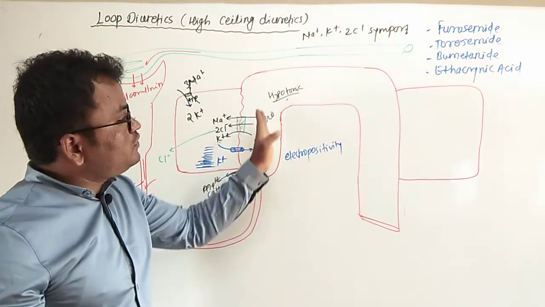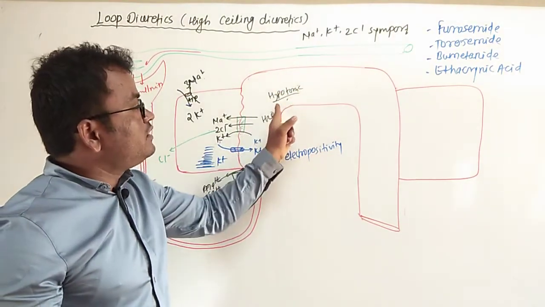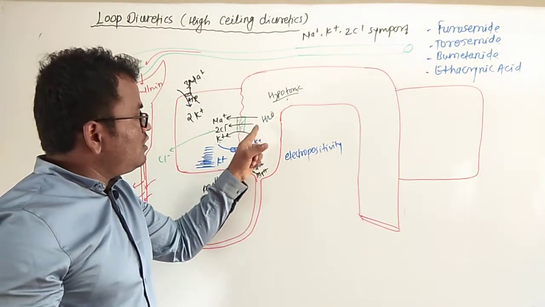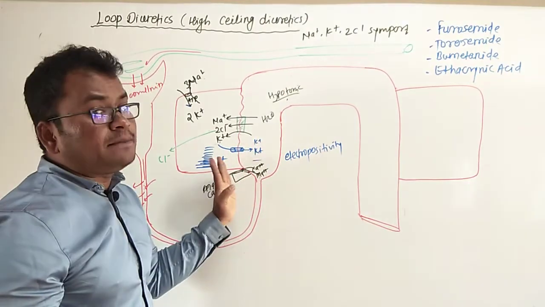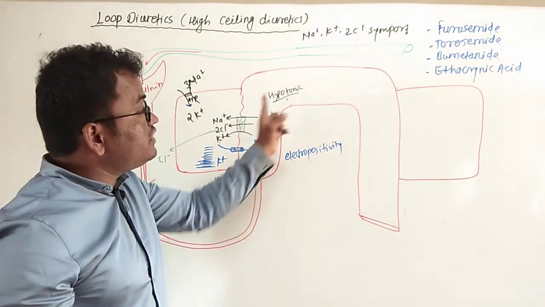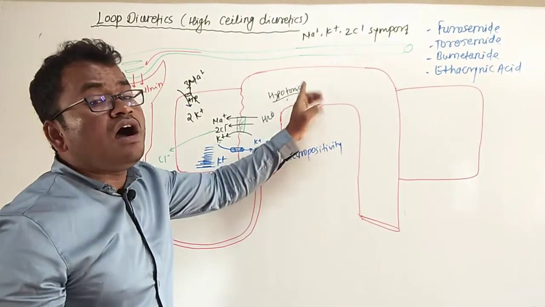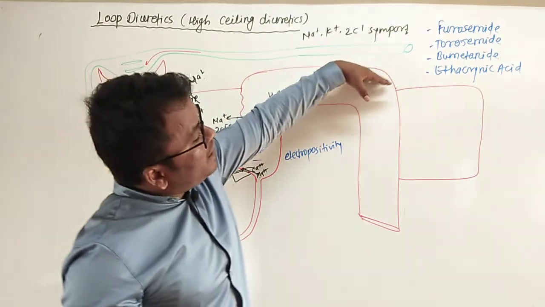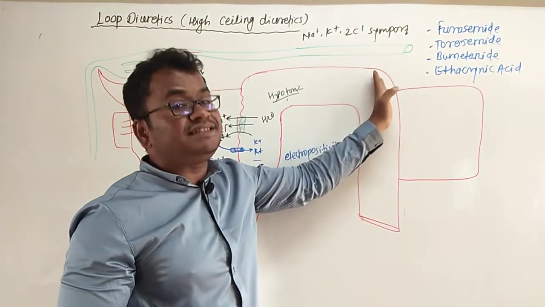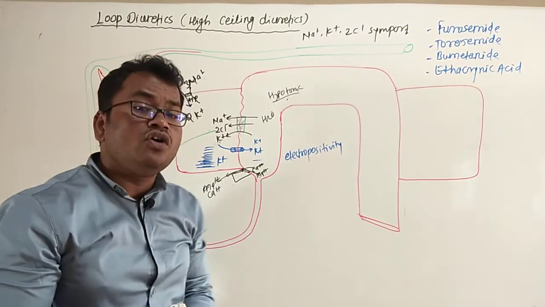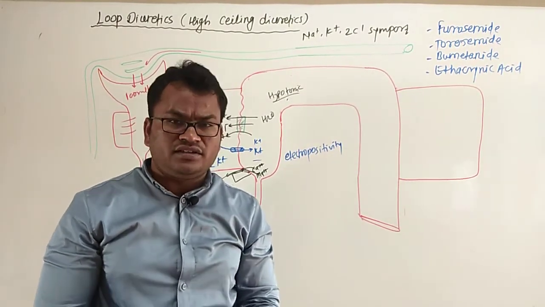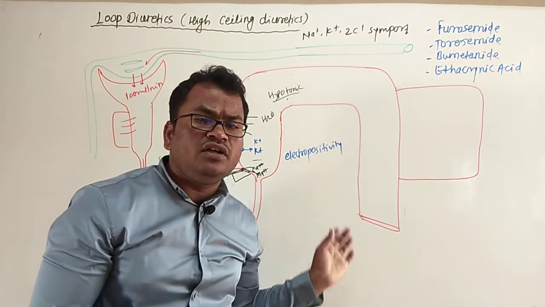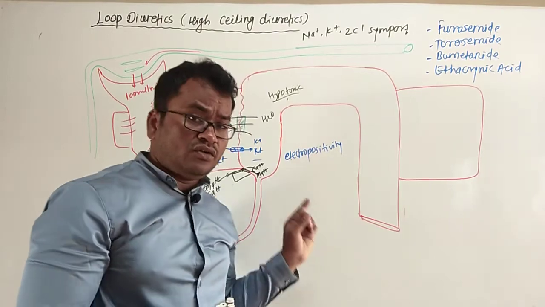Next, in this part of the nephron the filtrate is hypotonic, because maximum water and maximum electrolytes are reabsorbed, that is, salts are reabsorbed and only solvent is present in this part. Hence the hypotonic filtrate is present in the DCT. Later on, in the part of the DCT, there are the intercalated cells. Intercalated cells have carbonic anhydrase activity. So loop diuretics have weak carbonic anhydrase activity. We see one by one.